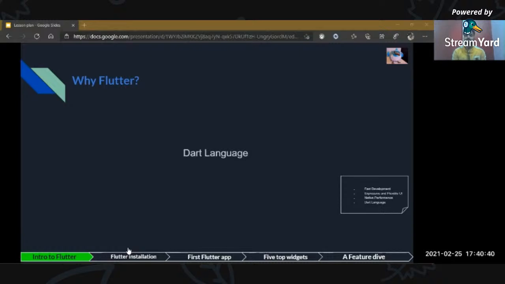The Dart language also supports Dart dev tools. Dart dev tools have some tools that we use in developing, debugging, and testing our applications.